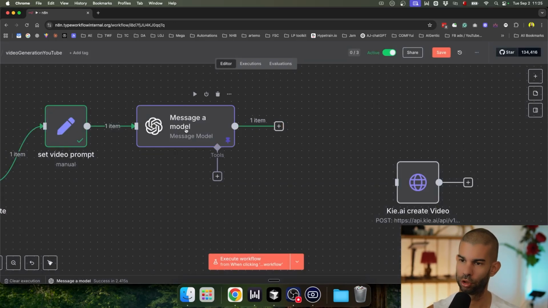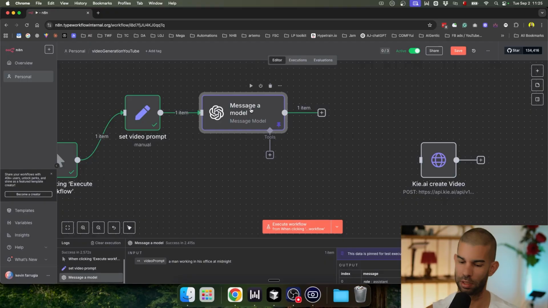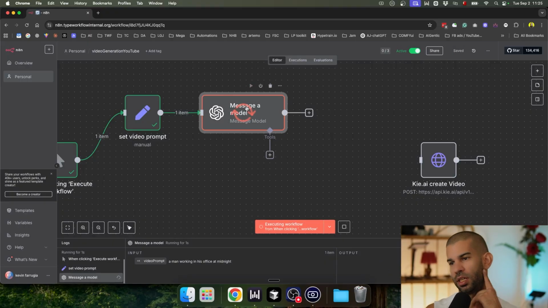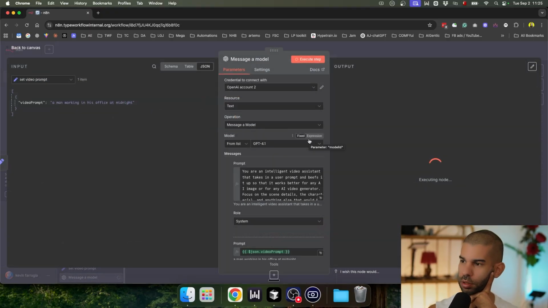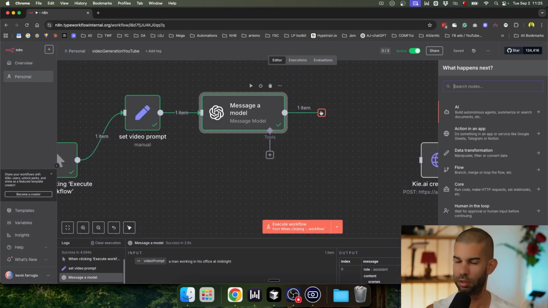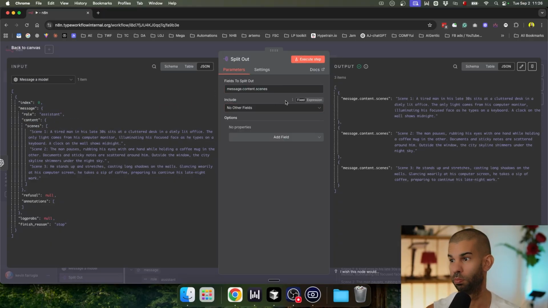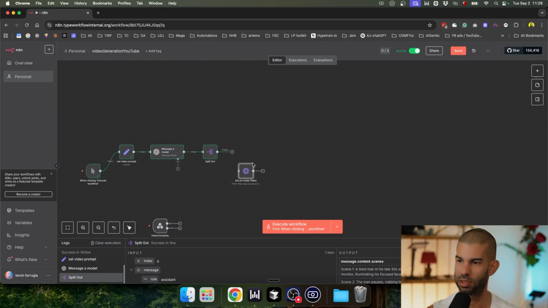So what I'm going to do is, first of all, let's ensure that you need to output 3 scenes based on the user prompt in this format. Let's call this scenes. So I think that should do it. So I'll just unpin this. And I'm doing that just because I want to always have the output called an array of scenes. So that's great. Because here I'm going to add a split that will split based on that message scenes. So now we get an array of 3 items, which also means that here